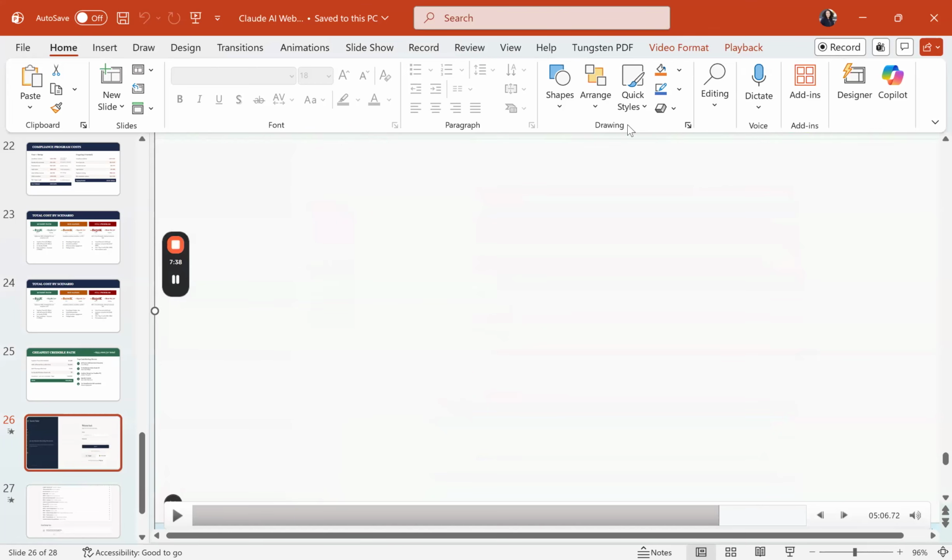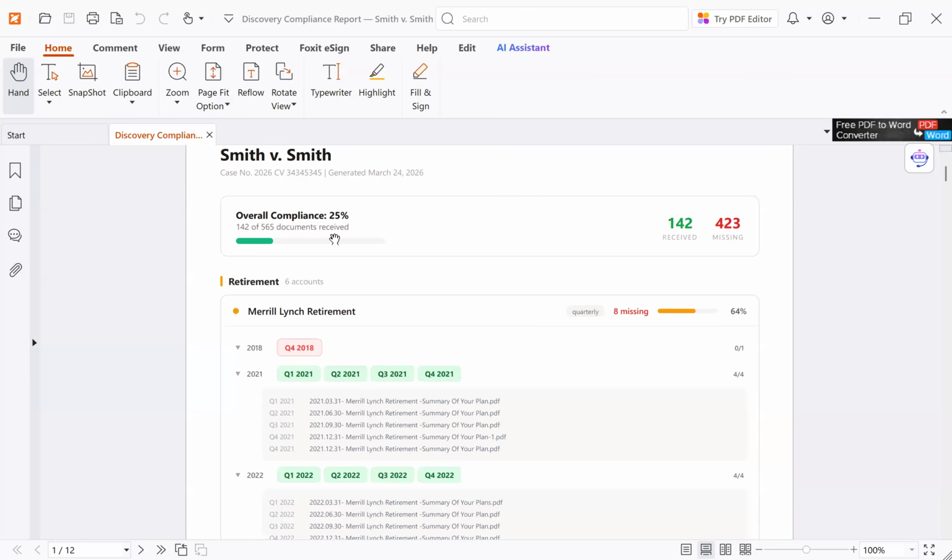I'll also show you, and this is going to be in the link that I give you as well, what I call the discovery compliance report. This is the outcome of the tool itself. We played around with putting it in an Excel file, and honestly, it just looked terrible. So that's how we ended up deciding to do it this way. This is a PDF document that shows